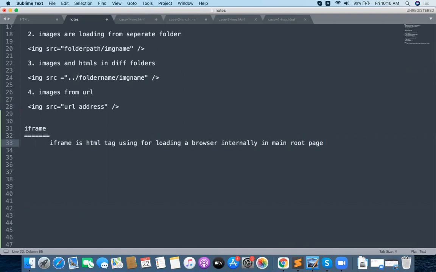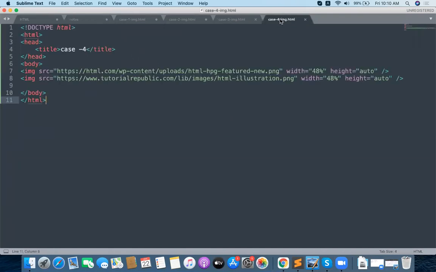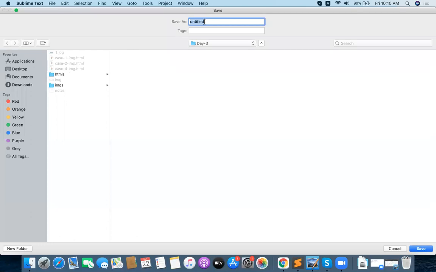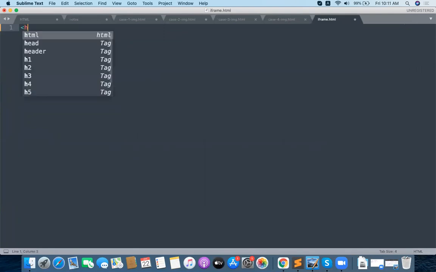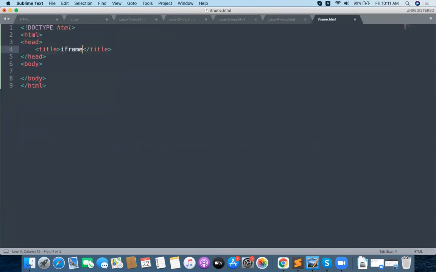Okay, let me load some iframe now. How to load iframe, how to work with iframe. Let's see one simple application. I want to design iframe now. Iframe dot html. Iframe has an attribute called SRC. You need to mention some SRC value for the iframe, and you need to mention some width of the iframe, something like 80%. Height of the iframe should be auto.